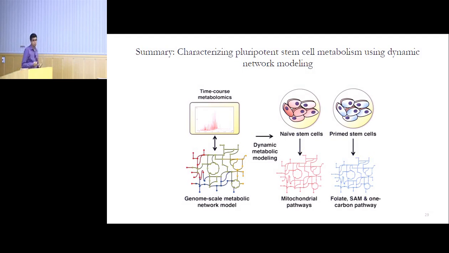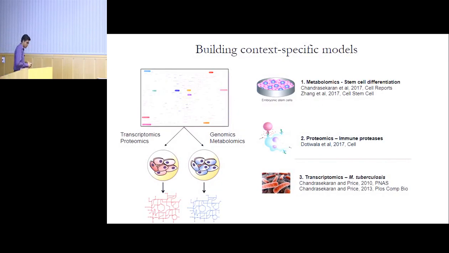To summarize what I've said so far, we have talked about a new method where we can overlay time course metabolomics data with these genome-scale network models, and then identify nuanced differences between different cell states. And I talked about how we found differences in the 1-carbon pathway and how that ties to histone methylation and what makes a prime stem cell different from a naive stem cell. So going back, I first talked about how we can overlay metabolomics data with these models. I went into a lot of detail on the modeling for this example, but for the next 2, I'm just going to talk about the main take home that we found by doing this modeling analysis.